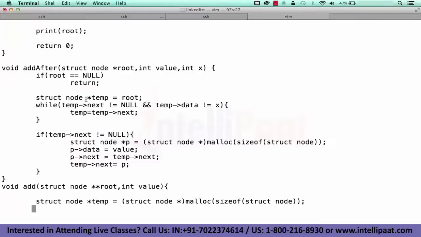So we are doing two things. We are doing temp equal to temp dot next. That means we are jumping from one node to another node until we find null or we find x. So here is the jumping part, temp equal to temp dot next. Then once we exit out of the loop, we'll check if temp dot next is not equal to null. That means